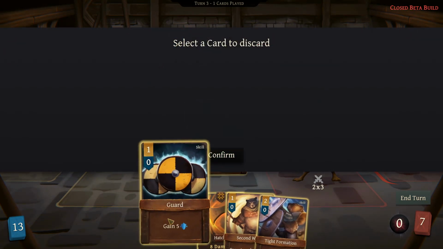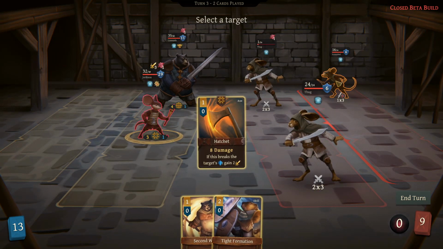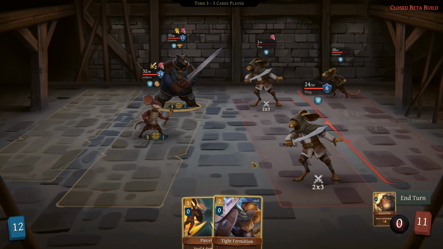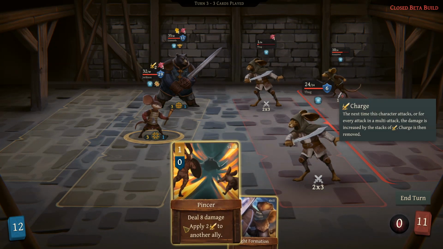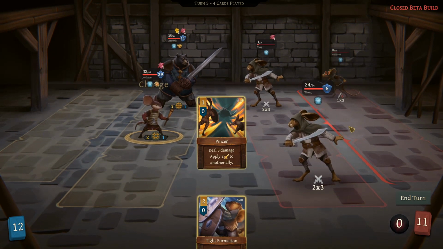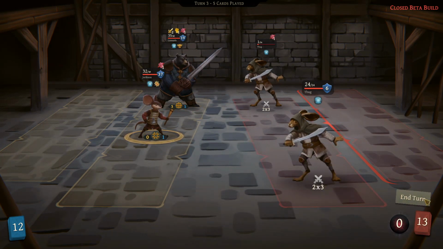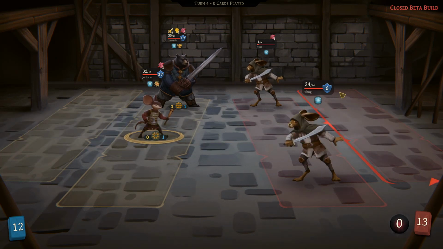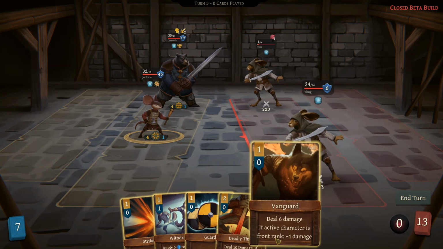I'm gonna momentum the guard away. I'm gonna hatch it up there. You're gonna second wind. And you're gonna pincer, because that pincer will get the kill. Give your friend that, and tight formation to give everyone else some defense. They don't get a turn. Which means you can...